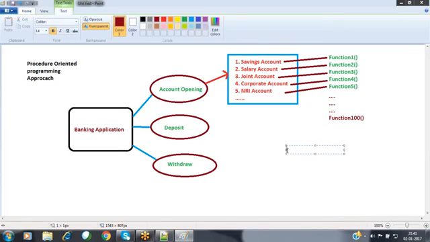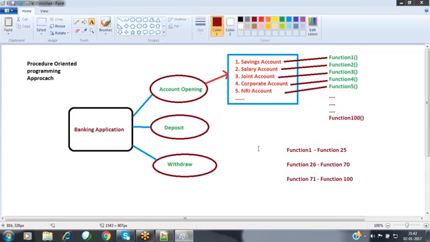Assume that we have written function 1 to function 25, function 26 to function 70, and function 71 to function 100, totally 100 functions. The first 25 functions, function 1 to function 25, we have implemented in order to perform the account opening operations.